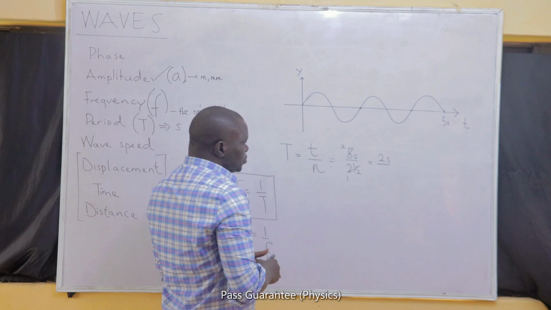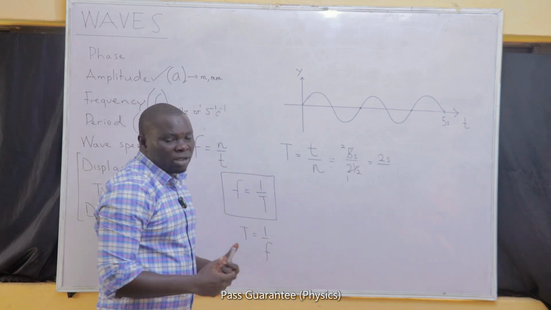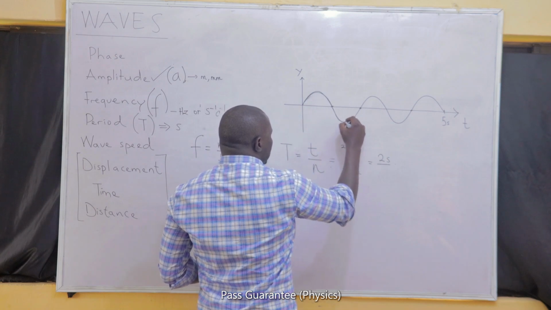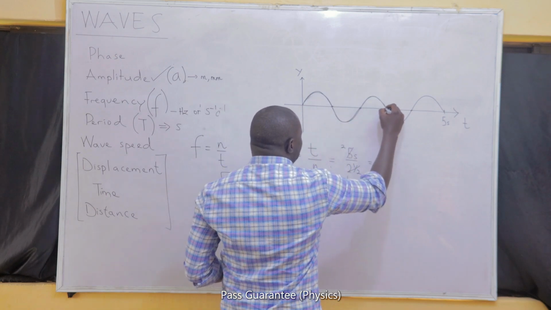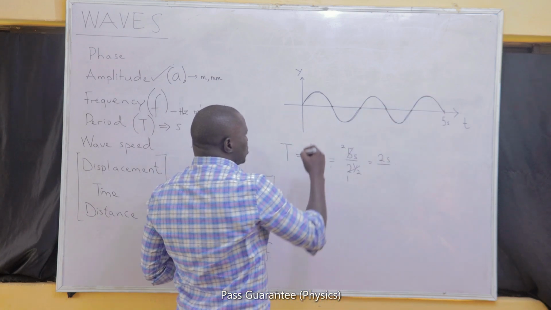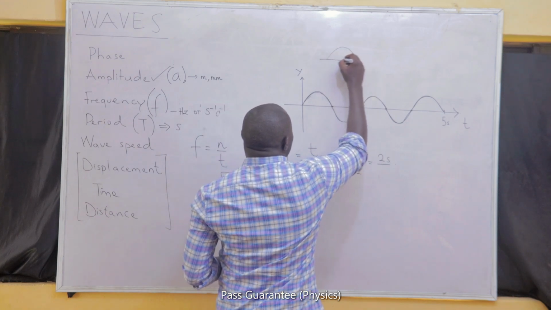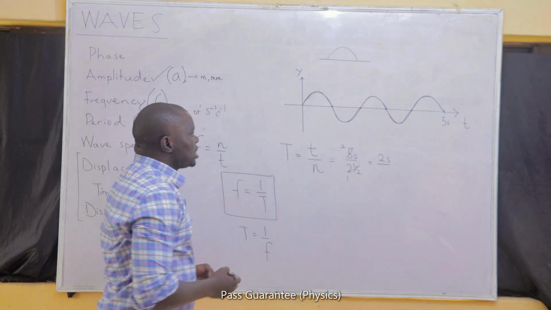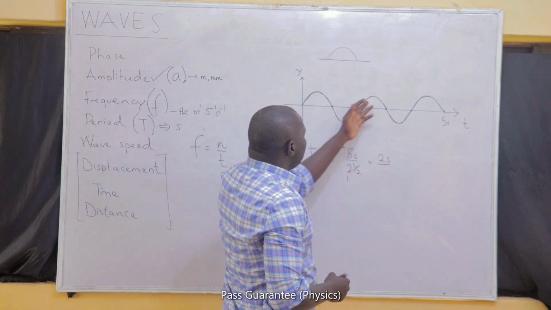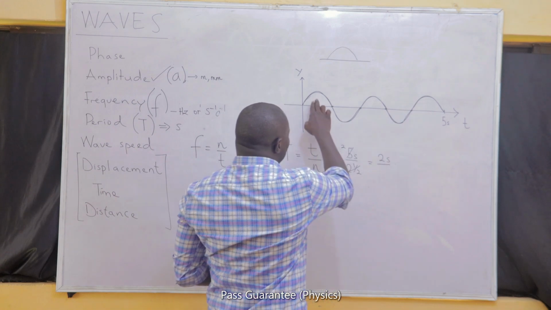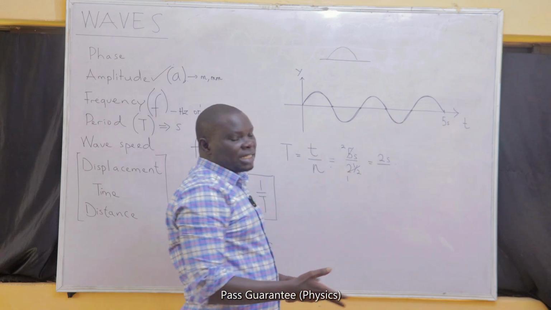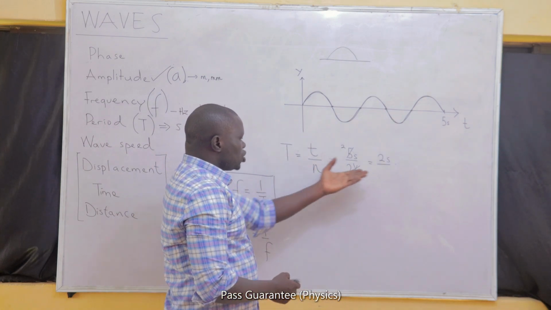And that is it. I hope you know now how we count the number of cycles with a wave. This is half of a cycle. This is the other half. And this is another half. This is another half. And this is another half. You can count in half. You can count in full cycles. So each of this pattern that looks very much like a semicircle is half of a cycle. So you can count the number of halves that make up that wave, and you still get it. 1, 2, 3, 4, 5. 5 halves is 5 all over 2, and that is 2.5. So the period is 2 seconds.